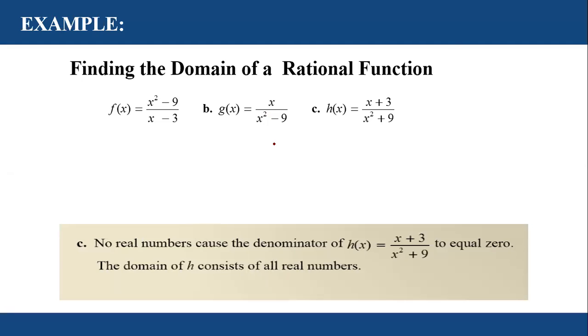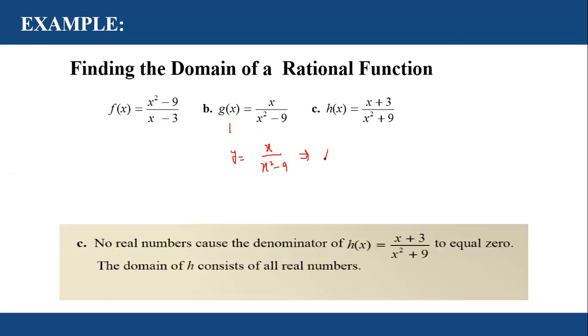x divided by x square minus 9. So how can we write this? If we have the domain, the domain is okay. How do we find the range? Can we write it like this: y is equal to x divided by x square minus 9, or if we replace x and y, interchange the